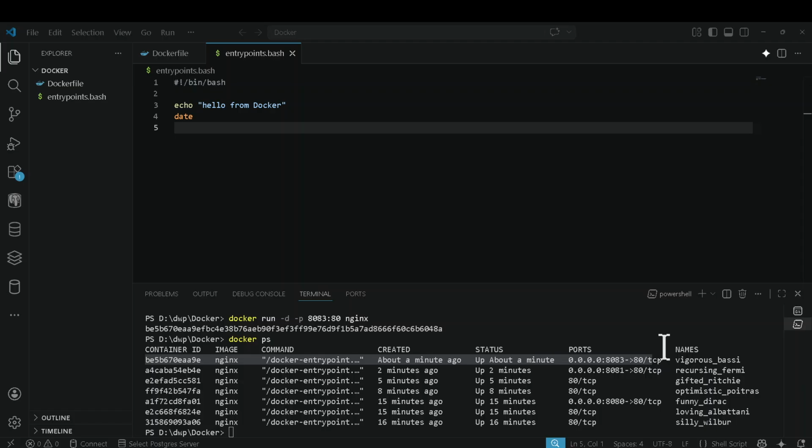Cool. So that was pretty much it for this lesson. I'm just going to summarize this. So in this video, we learned that containers are isolated by default. So applications inside them are not automatically accessible from our browser or from our computer. Now to give them access, we use port mapping, which we just did